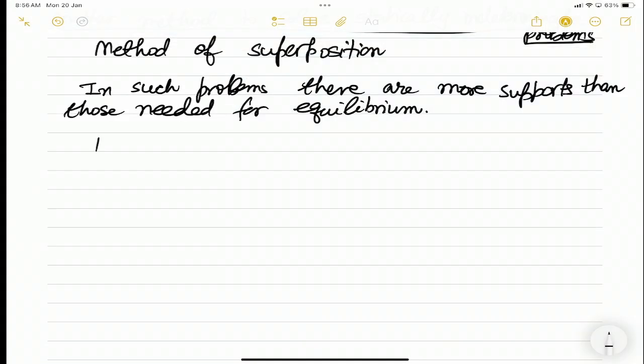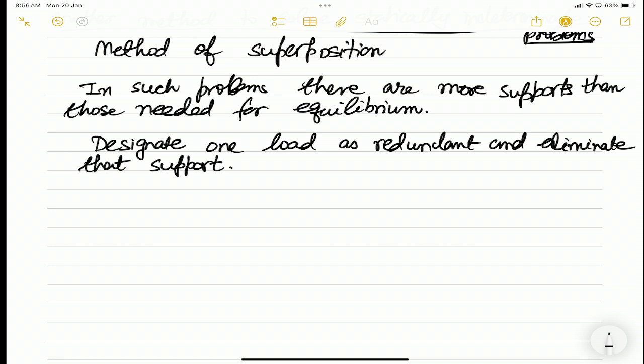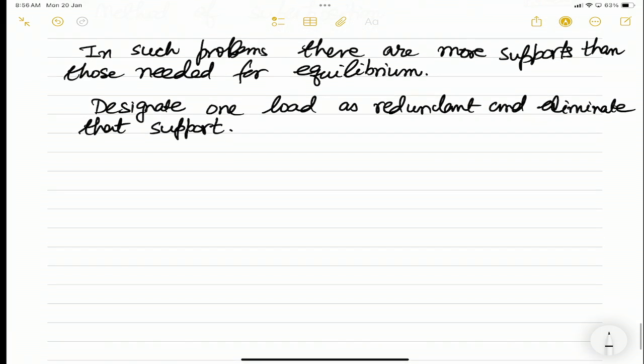So, what we do is we designate one load as redundant and eliminate it. So one of the loads which comes from that support, we determine it, we call it indeterminate. So let's look at a case like this. For example,